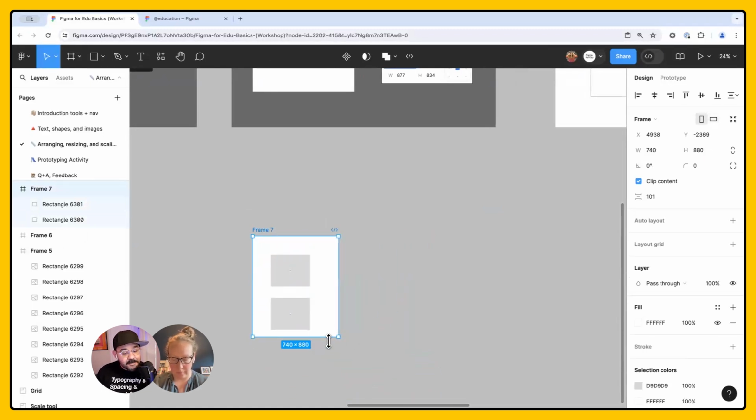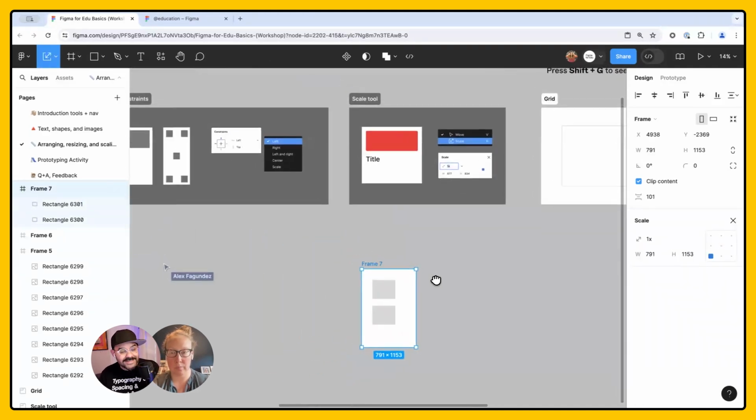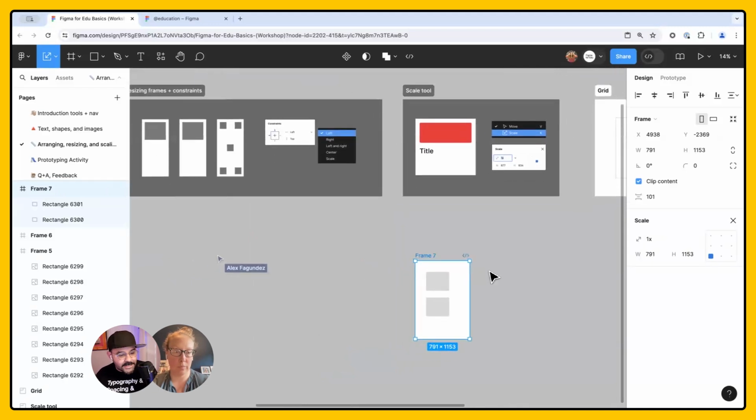I'm just creating more space in the frame. But if I want to scale the frame, I'm going to come up here and choose a scale tool or press the K key, and then I can scale it up. So scaling and resizing are two different concepts. Resizing will just make the frame bigger, and scaling will actually scale up or down the frame along with its contents.